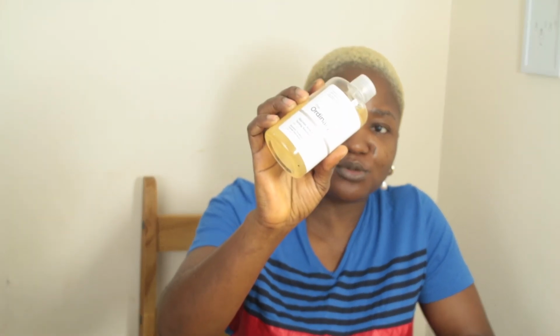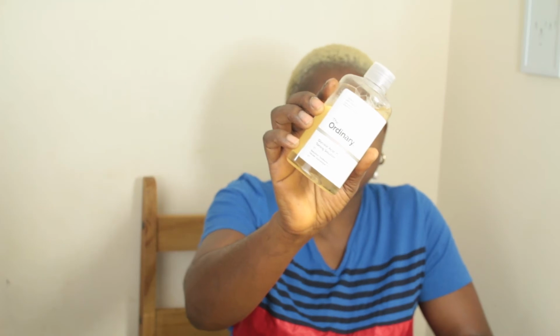Guys, the last but not the least item from this Ordinary range skincare products haul is the Ordinary Glycolic Acid toning solution. The Glycolic Acid toning solution. So she asked me one question. She said, oh, so what toner do you use? I started scratching my head, like, okay, nothing in particular. So she said, okay, let's buy, she recommended that I buy this, but then not to be